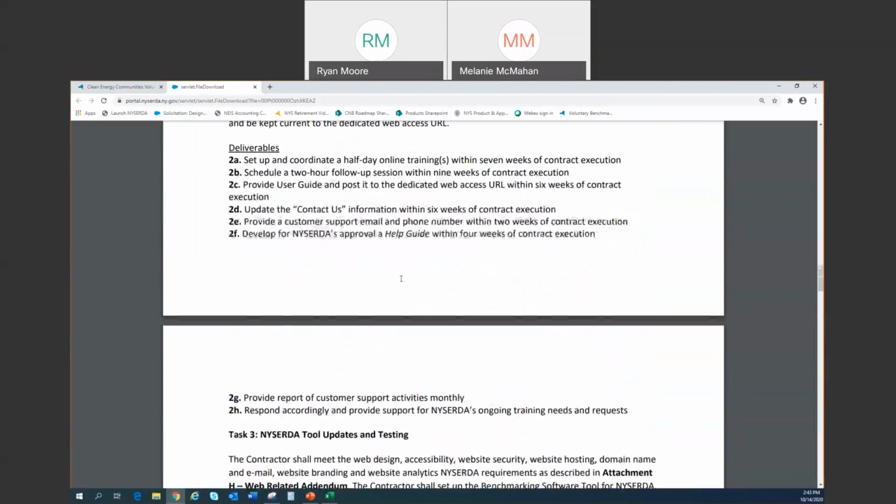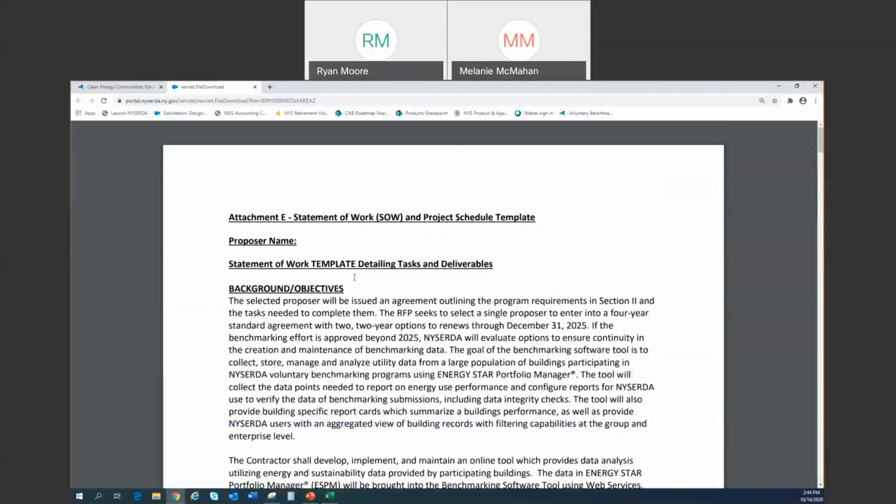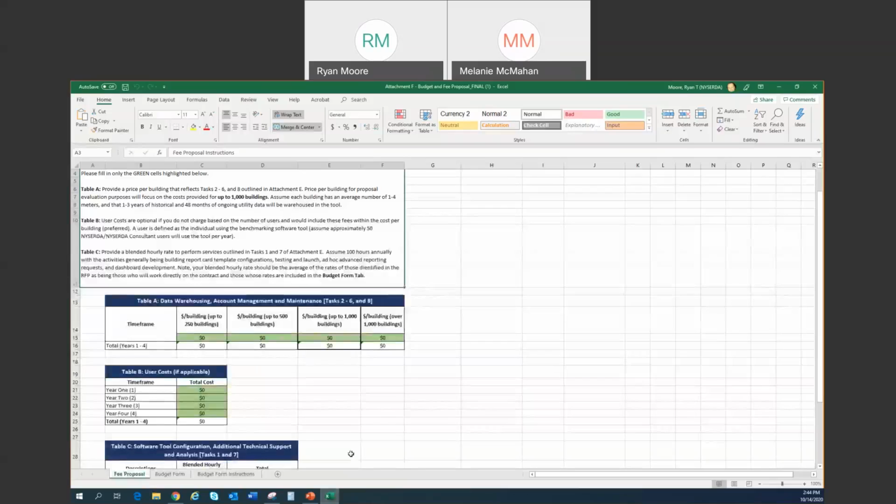Great. Thanks, Melanie. So that was attachment E, which is the statement of work, and I'll move on to the next attachment. Attachment F, which is the budget and fee proposal. It's actually an Excel spreadsheet, and I'll pull that up right now. All right, so with this,